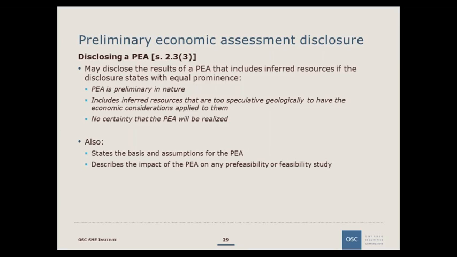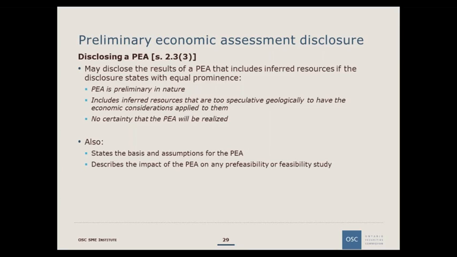And if the preliminary economic assessment is being done after a previous pre-feasibility or feasibility study, you want to say what the impact is of that PEA on the reserves from the earlier study. If you have reserves and your PEA is on new and different material, and you just want to get an idea of what a mine expansion would look like, then it doesn't affect your reserves, and you need to disclose that along with the results of the PEA. If, on the other hand, you're doing this PEA because the economic rug has been pulled out from under your existing mineral reserve, so that you may not have that mineral reserve any longer, you need to back off the reserve and actually retract the results of the earlier study